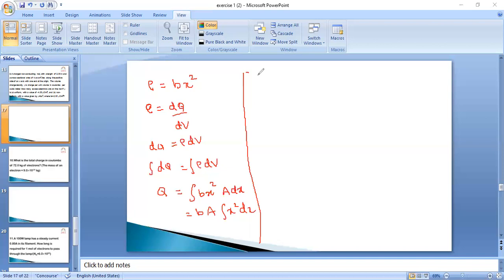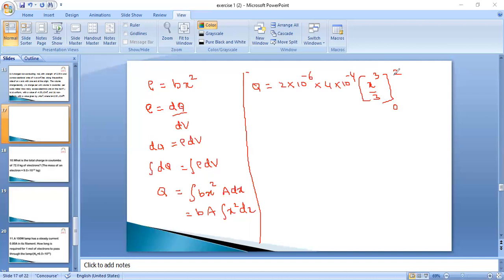Now total charge Q is equal to, first the value of b. The value of b is given 2 microcoulomb, in the sense 2 into 10 power minus 6, into area given 4 into 10 power minus 4. It is the information given in the question. Into integral x square, which is nothing but x cube by 3. Of course, the length is from 0 to final length. What is the length of the rod? 2 meters, no? It is 2.